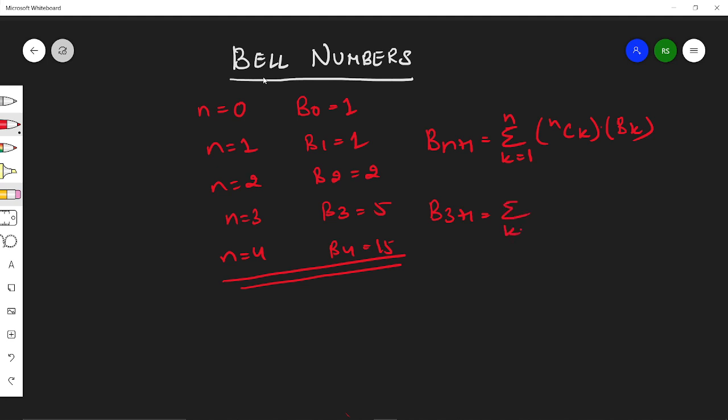Now the summation is over k till n, and my n is 3, so 3Ck into B(k). We will start our k from 0 basically.